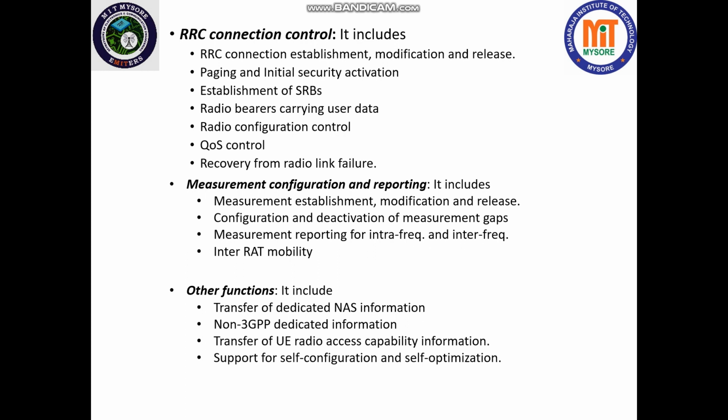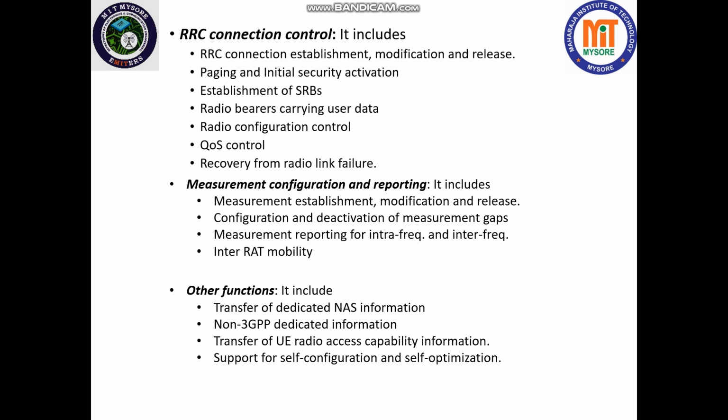Inter-RAT mobility. RAT means radio access technology. In LTE 4G, we are using E-UTRAN, correct? Likewise, earlier there was GSM technology, 3G technologies were there, and similarly 2G was there. So what is the condition of the signaling when one person moves from some high quality network area to a low quality network area? 4G is not available, only 3G is available. 3G is also not available.